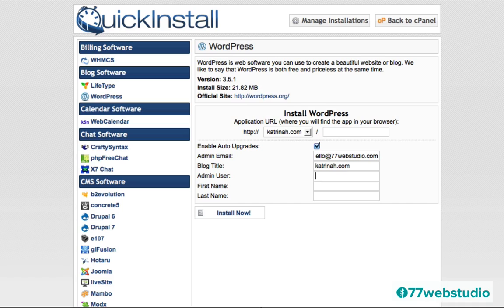The default for WordPress websites is admin, and that's not really the safest username to use, so you want to create a username that is anything other than admin. So I'll just use my name for the moment. And you can add a first name, last name if you'd like. I'm not going to do that, and I'm just going to click on Install Now.